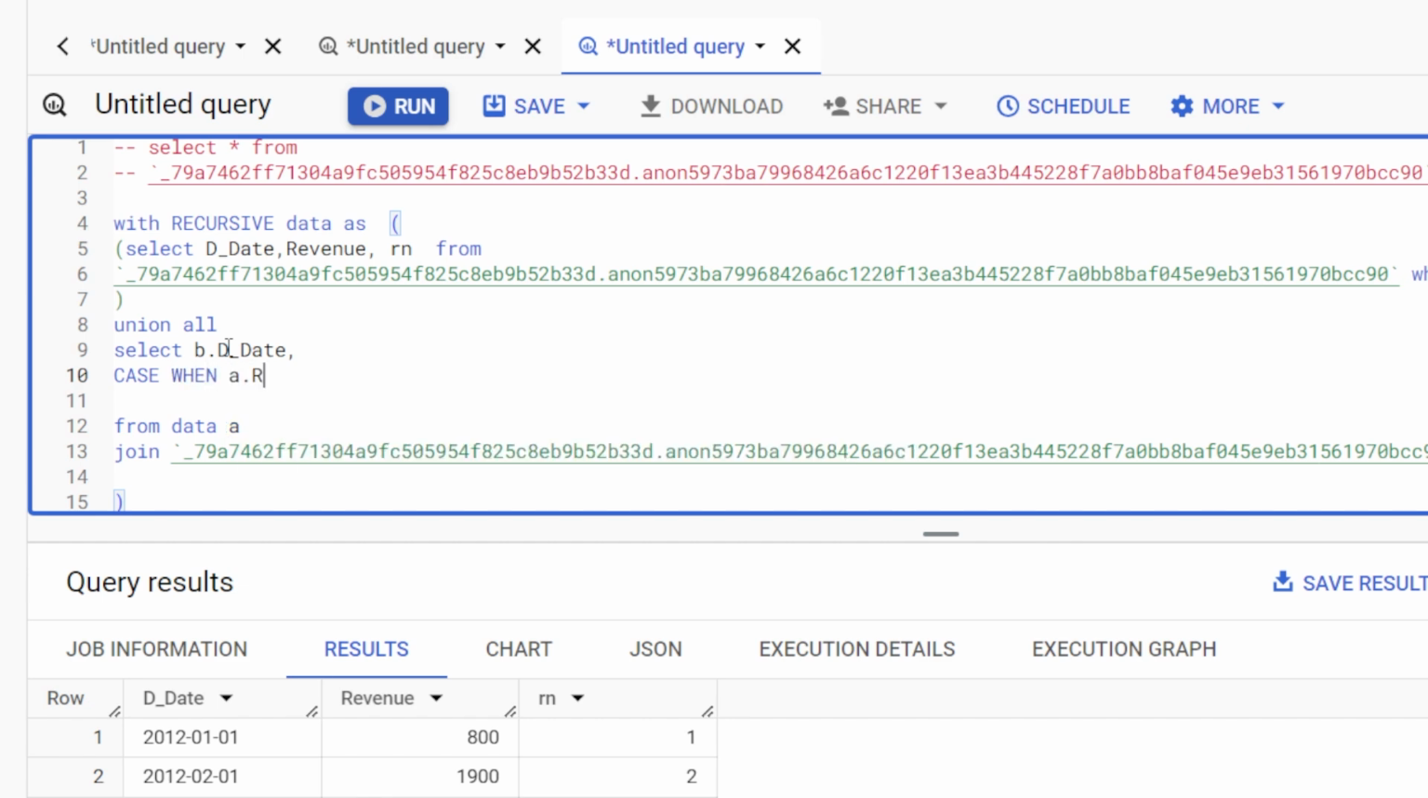So the case statement will be like this: case when A dot revenue plus B dot revenue is less than 0, then put 0, else it will be this part only, the sum of current row and the previous output, as revenue. Okay,